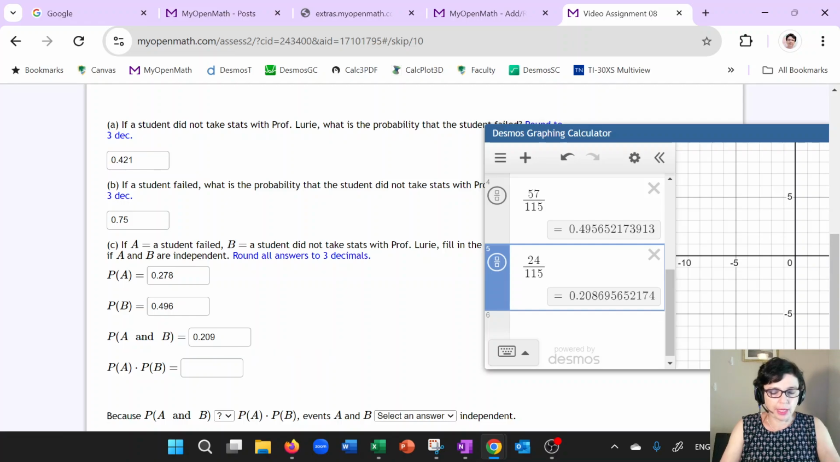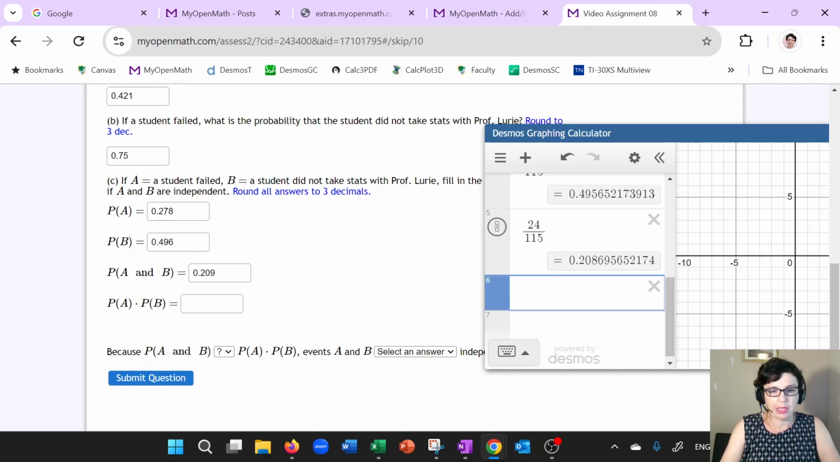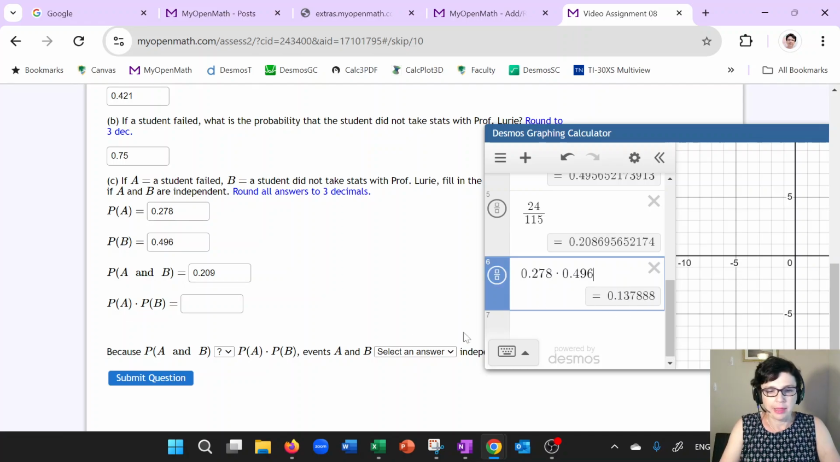All right, so for the next part, we want to check the test for independence. The test for independence says that two events will be independent if the probability of their intersection or overlap, which is A and B, equals the product of individual probabilities, so P of A and P of B. Let's check out whether that's true. Well, we already have the intersection, which is 0.209. Now let's multiply P of A times P of B. So that would be 0.278 multiplied by 0.496. And that gave me